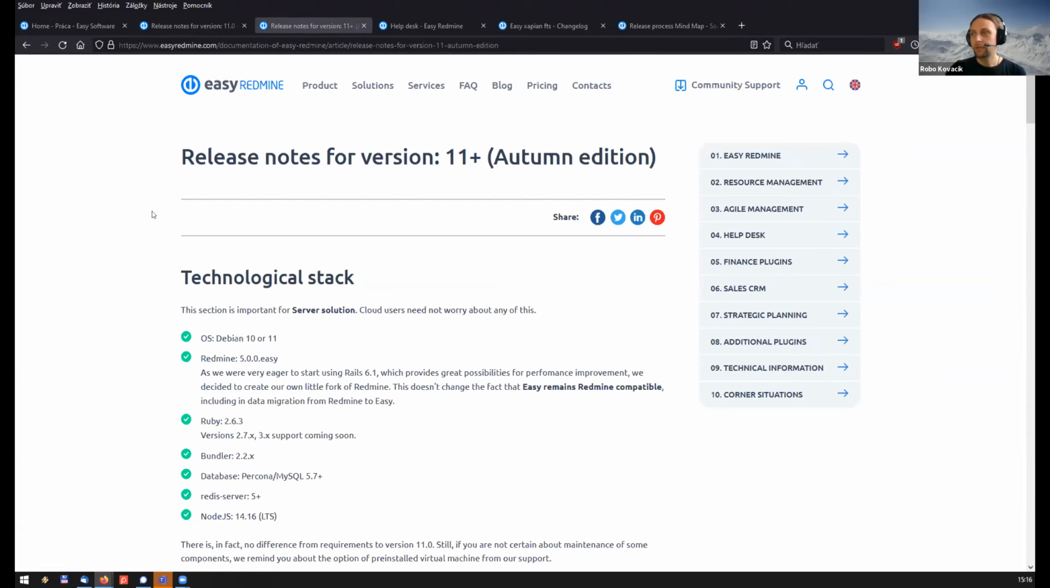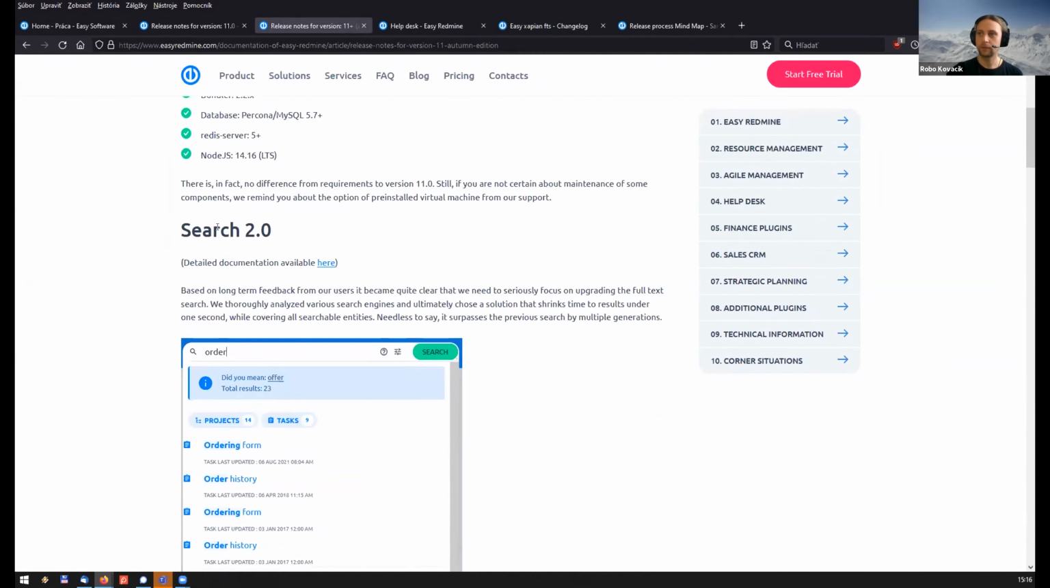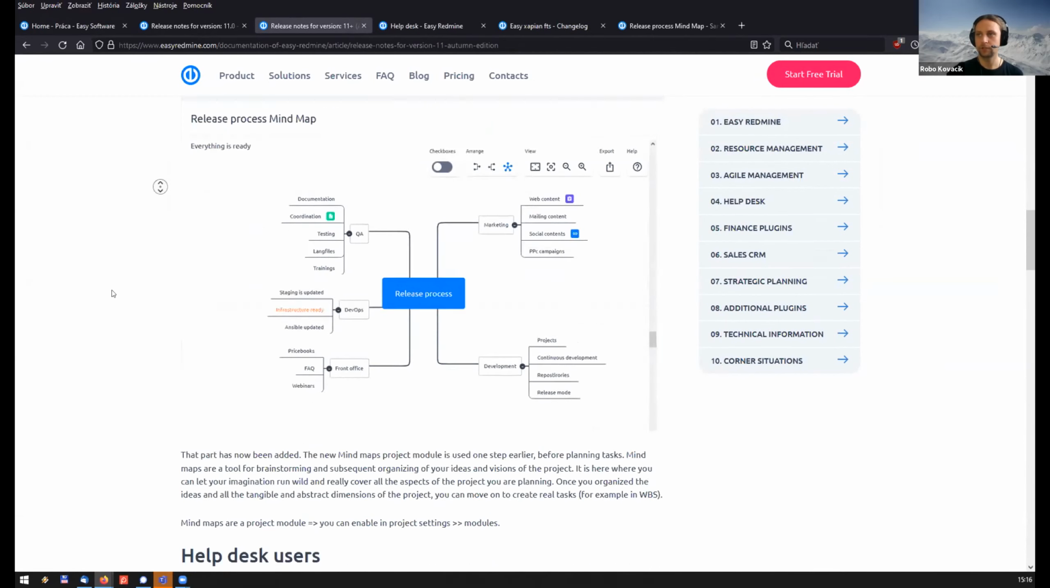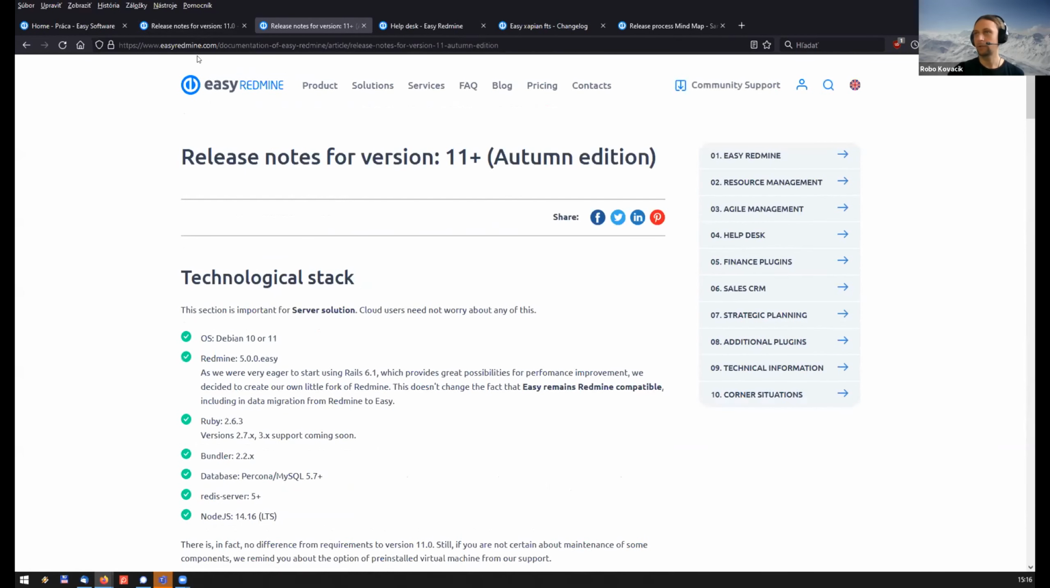I will start with a place where we actually gathered all of the news around 11 plus version, which is the release notes, which contains not only the technological information, the stack that the application runs on, which is important especially for server clients, but also it gives an overview of the bigger changes that have been done in this version. As Lukáš said at the beginning, you can find this on our website by searching for release notes 11 plus